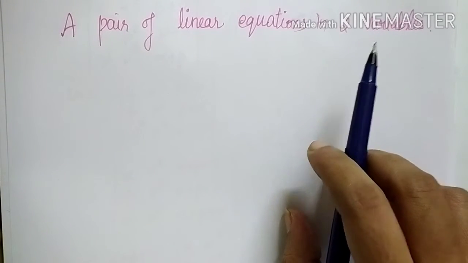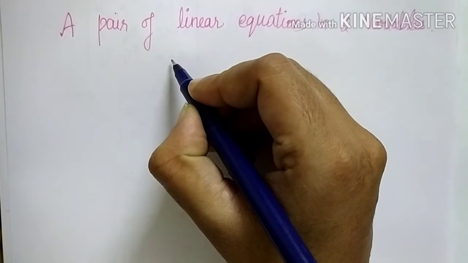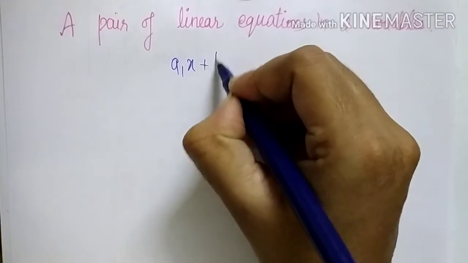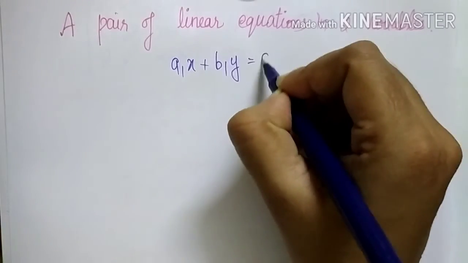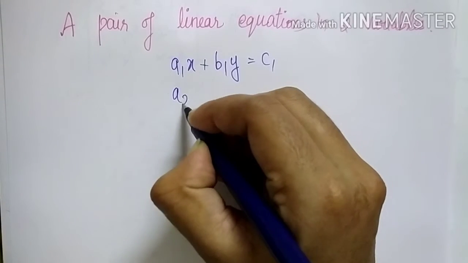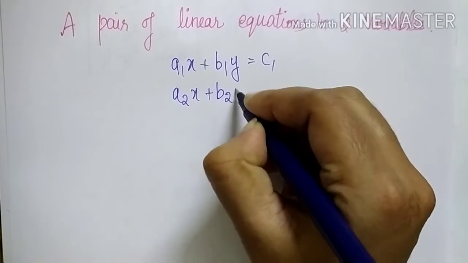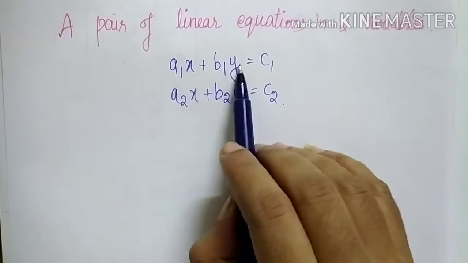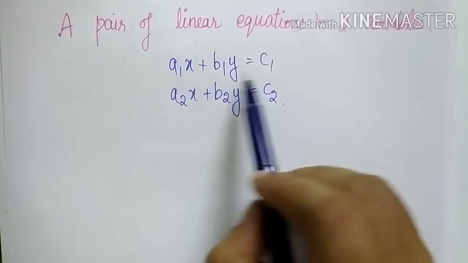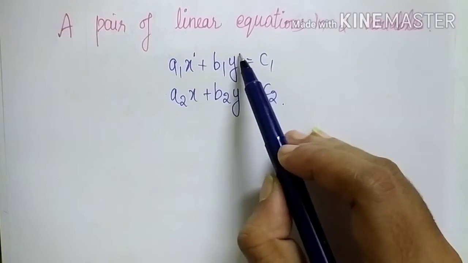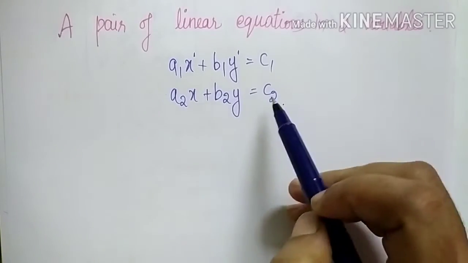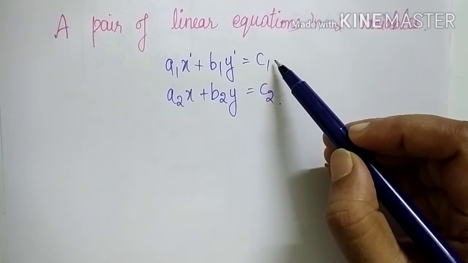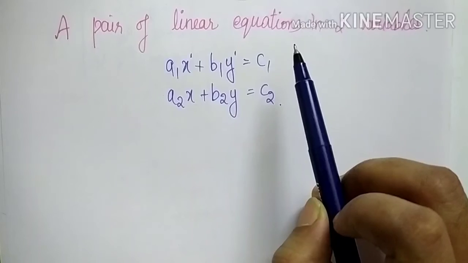Linear equations in two variables are nothing but equations of the form a1x + b1y + c1 = 0 in the two variables. Here x and y are the variables, and each equation is of degree 1. You don't have degree more than 1. These kind of equations are called linear equations. Each linear equation represents a straight line in the graph.